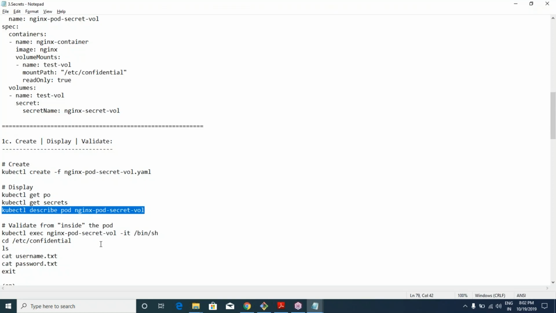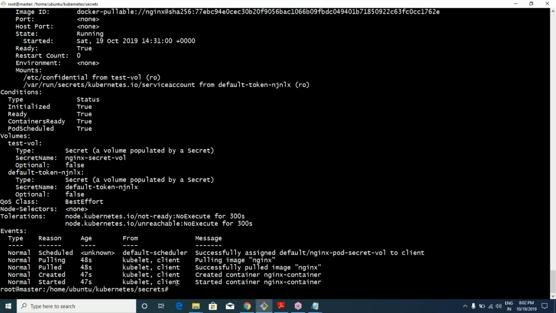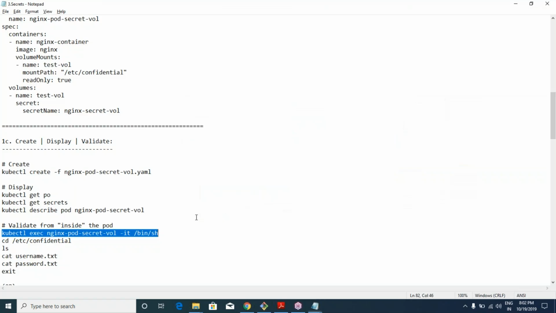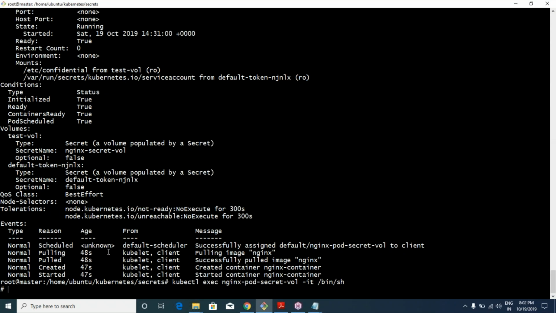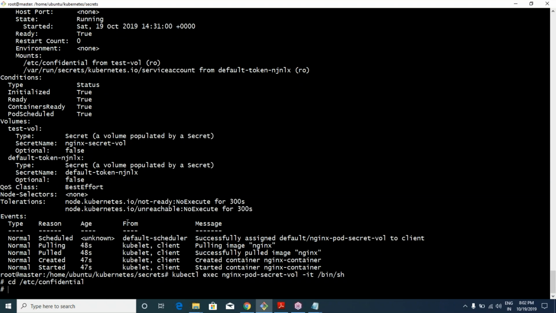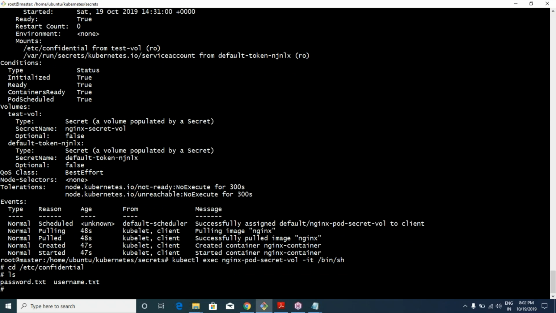Now to validate it, we have run this, right? So you can go inside it. Let us go inside it instead of directly printing. So I'm going inside the pod, and now I'm going to that mount path, which is this. Now if I say ls here, there are two files, username.txt and password.txt. If I say cat